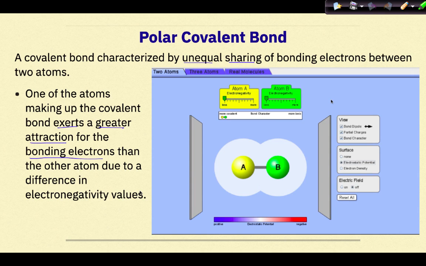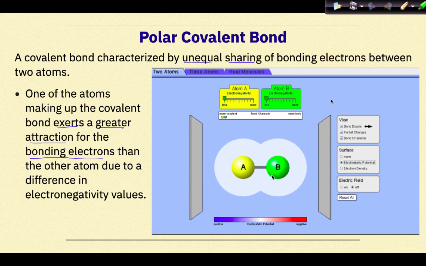So if we watch this video from this PhET simulation, we can see at the beginning that atom A's electronegativity is less, and so is atom B's electronegativity. So therefore, the bond character is classified as more covalent, with an equal distribution of the shared pair of electrons